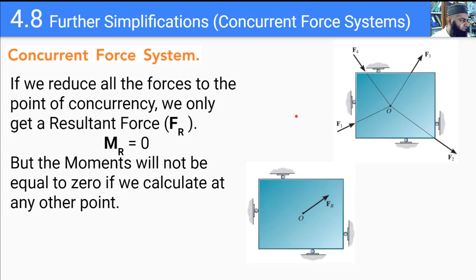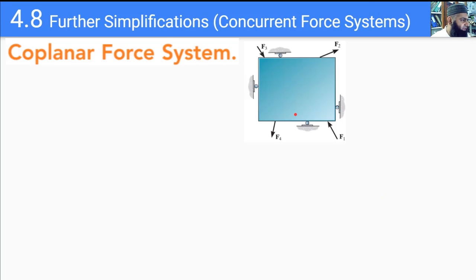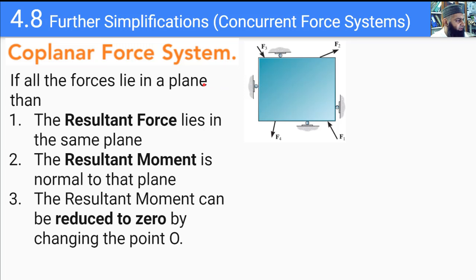So this was the first case, and now we look at a second case where all four forces are coplanar. So all of the forces lie in a plane. This is very similar to the example that we looked at in the last lecture. So in this case, first of all, we know that the resultant force would also lie in this plane,